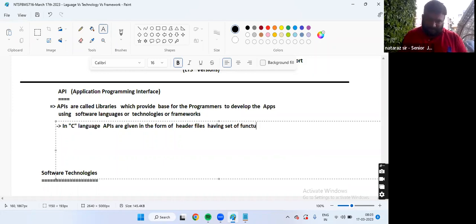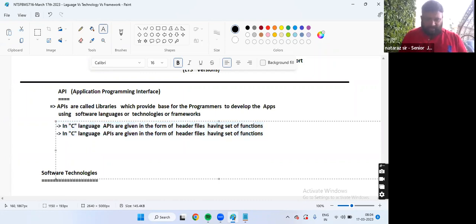Remember stdio.h, conio.h? Having a set of functions, guys. Next, in C++ language, APIs are given in the form of header files having a set of functions and classes.